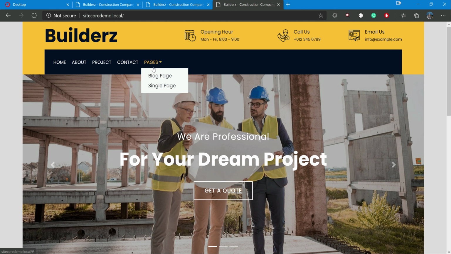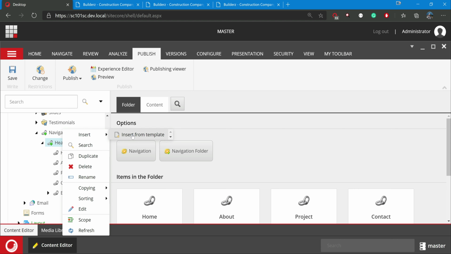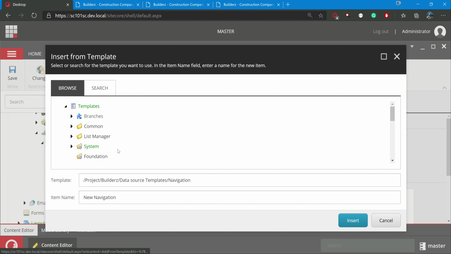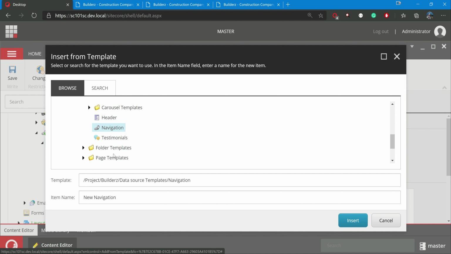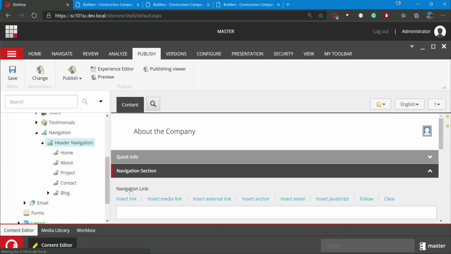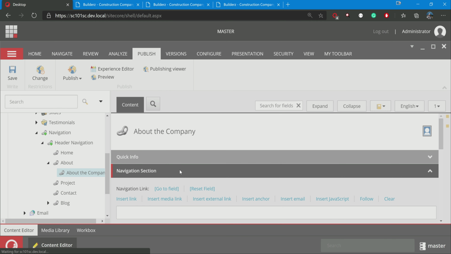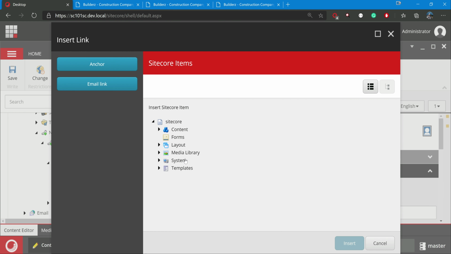So we have home pages moved and blog single page. Let me just add another page under maybe about, just to show you how this can all be created. So navigation, which would be about the company or something, we can give and save. I can add, maybe I'll add the about only.